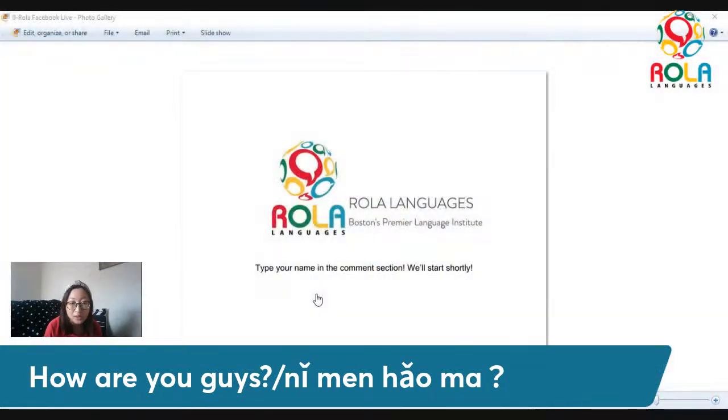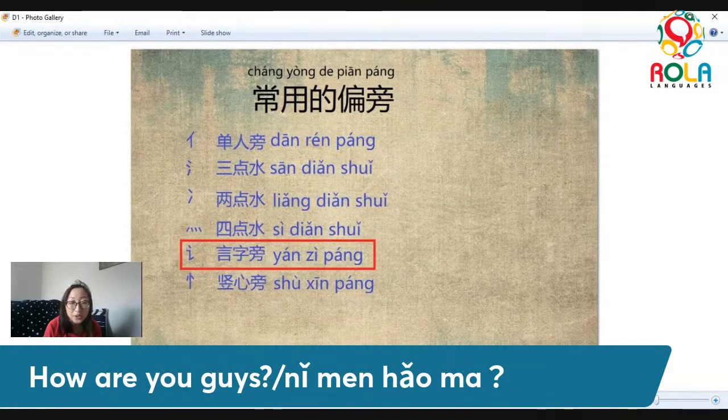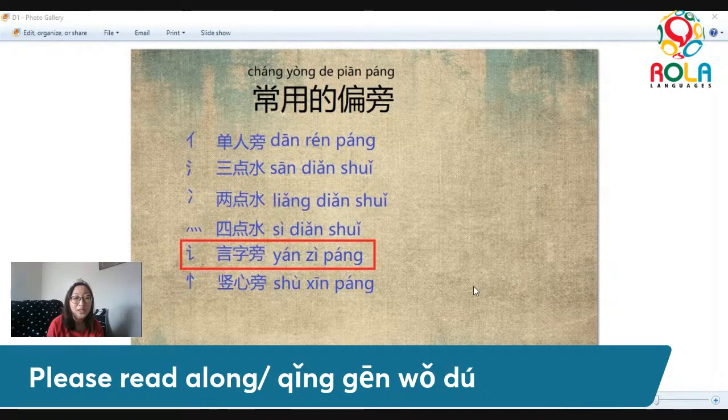First, let's take a look at where we left last time. It was here. We learned 人, 单人旁, representing a human. And then we've learned the difference between 三点水, 3 dots of water, 两点水, 2 dots of water, and 四点水, 4 dots of water. And today, let's move on to another very important as well as very 常用, commonly used one, which is 言字旁. You can see in red